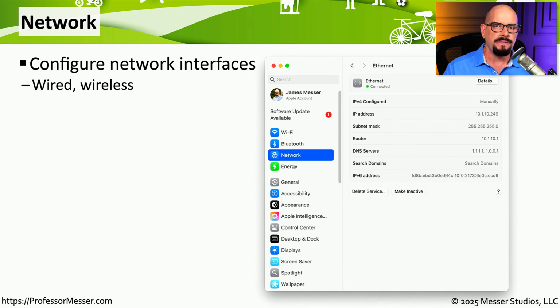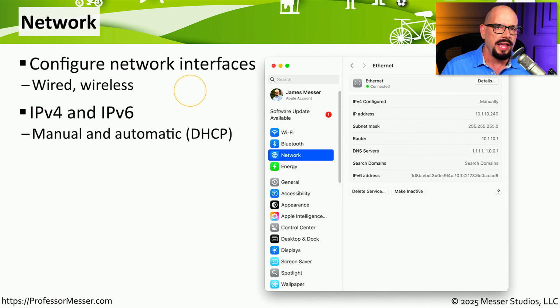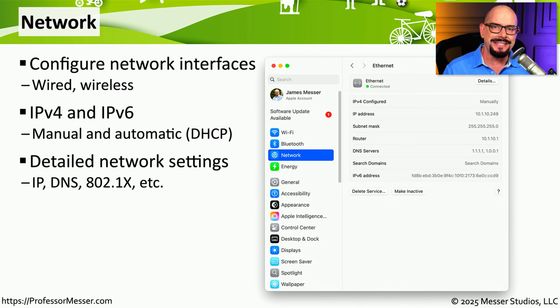The network settings available in macOS are very similar to the network settings that you would find in almost any operating system. You can modify network configurations for wired or wireless connections, and you can define IPv4 addressing and IPv6 addressing. You can choose to manually set those settings yourself, or you can choose to obtain a DHCP address. And of course, you can get into detailed network configurations of things like your DNS settings, 802.1x authentication, and other